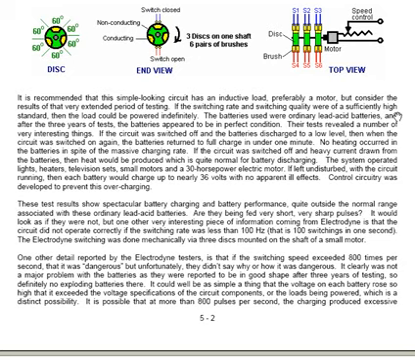If left undisturbed with the circuit running, then each battery would charge up to nearly 36 volts with no apparent ill effects. Control circuitry was developed to prevent this overcharging. These test results show spectacular battery charging and battery performance quite outside the normal range associated with these ordinary lead-acid batteries. Are they being fed short, very sharp pulses? It would look as if they were not, but